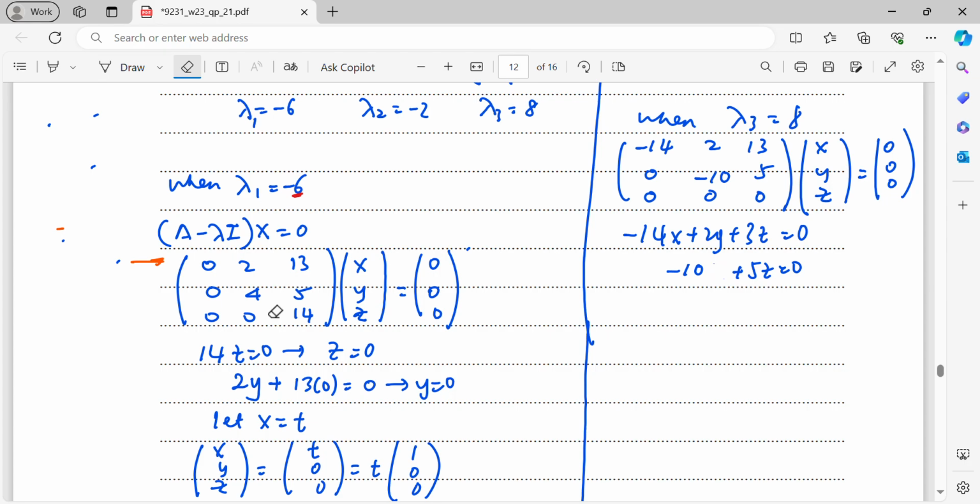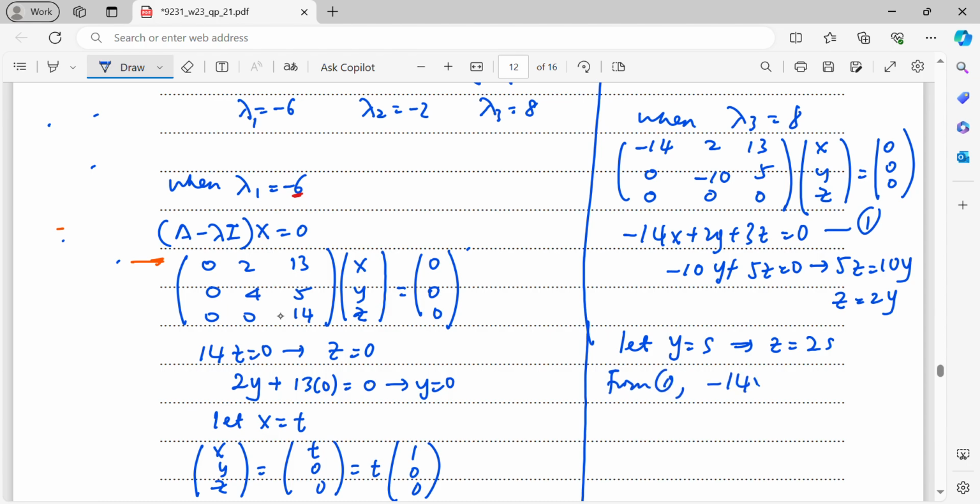Then now from here, I can say that 5z equals 10y, so z equals 2y. Since z equals 2y, I will let y be s, right? Because you only have two equations but three unknowns, therefore you must get infinite solutions. So then from here, my z will be 2s. Then, when you substitute these two results into the first equation,